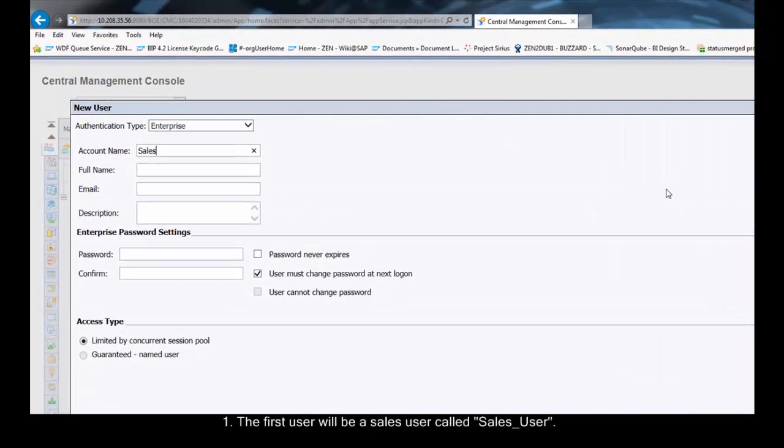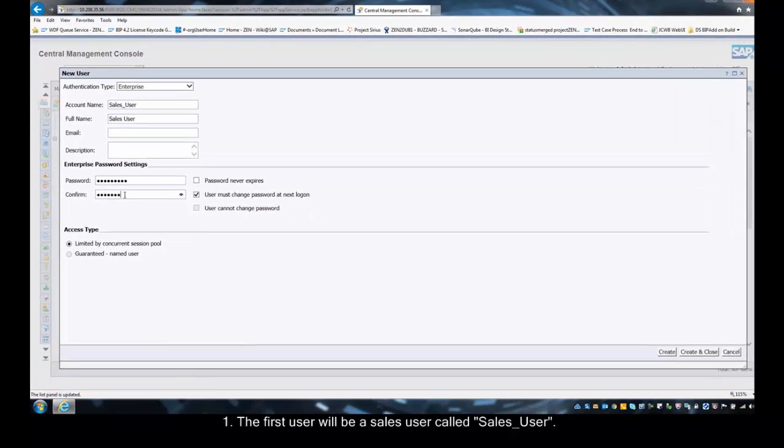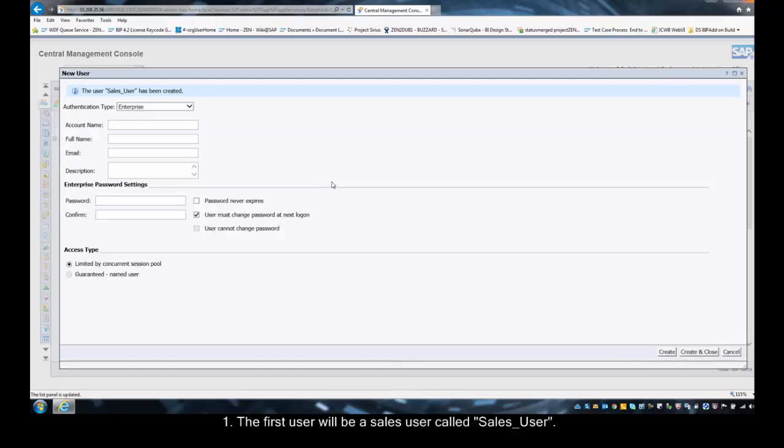The first user is going to be a sales user. When we do this, we specify an account name, which is what the user will use to log in to the system, and also a full name which will show up in the BI Launchpad. The checkbox there is optional. Now we're going to create a finance user